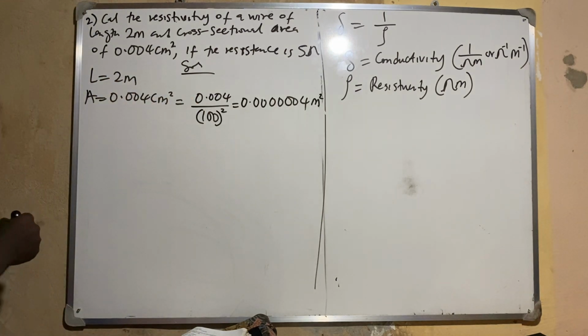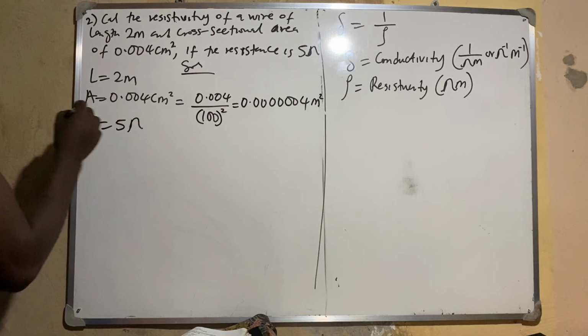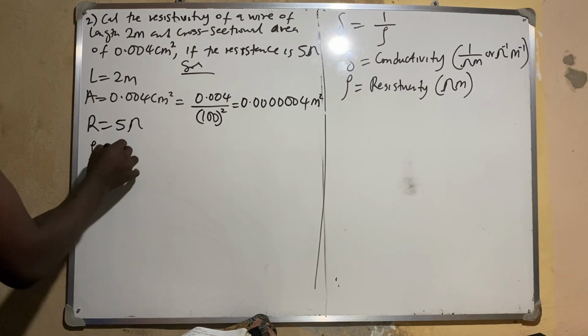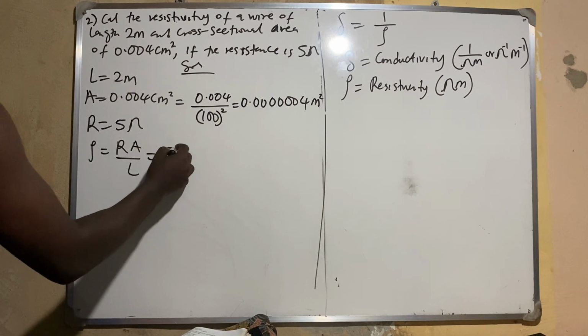So what else did they give me? They gave me that the resistance is equal to 5 ohms. So I know that my resistivity is equal to RA over L. Very simple formula. So I have 5 times